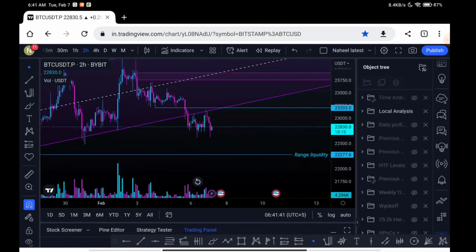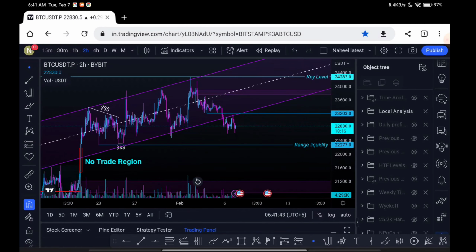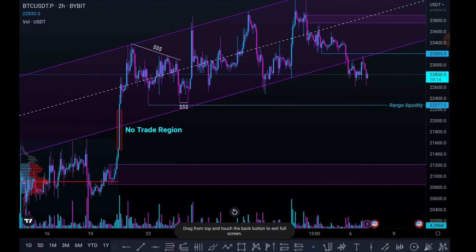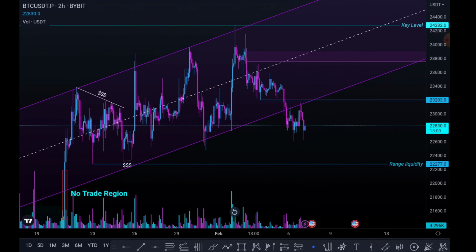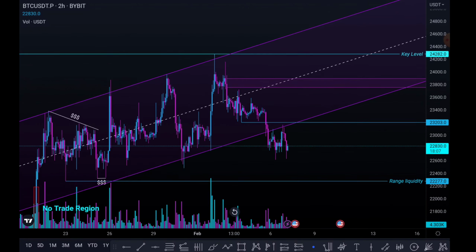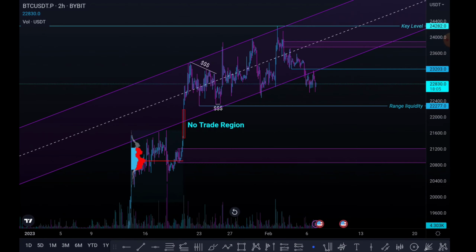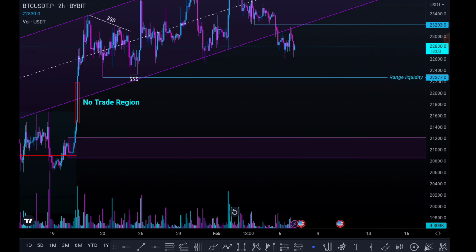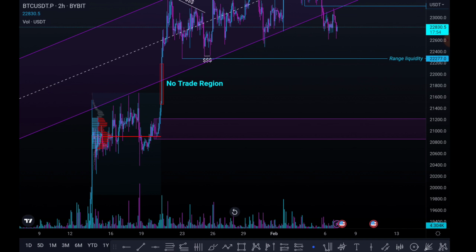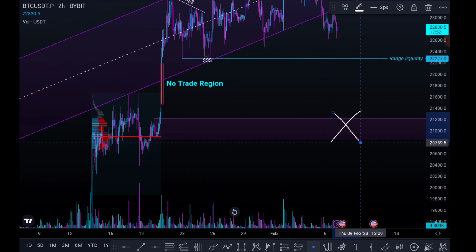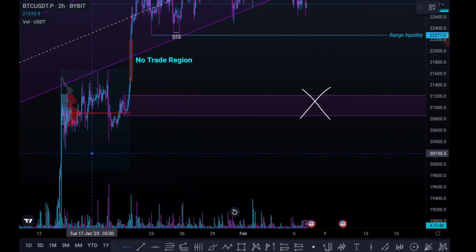Yeah, I don't want to get into the rest. That's not relevant. Yeah, so I've shared my plan with you. The next level to the upside is this 23,800 DNPOC, then key level, and then we are looking at that harmonic, looking to trade the swing failure of the range. And if it breaks down, it breaks down, I get stopped out, then no trade region. Looking for a small reaction here. Would like to see the sweep of this low,